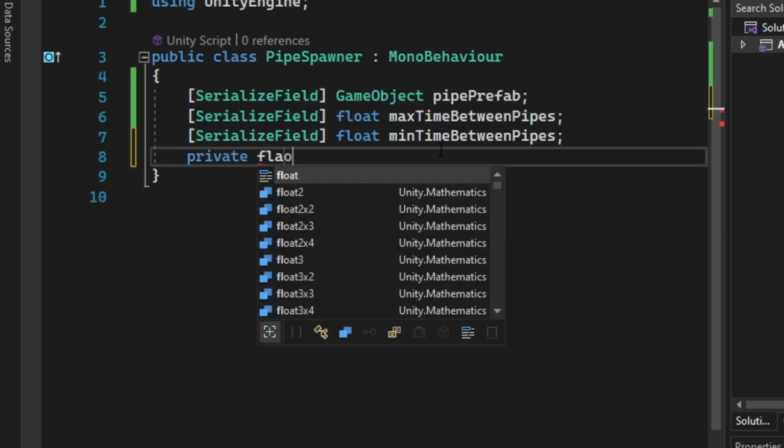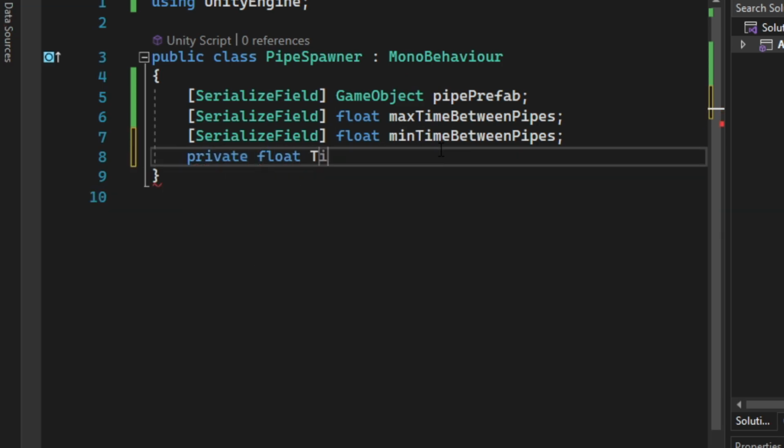Then we want to have a private float time between counter. We want to spawn the pipes at random times,